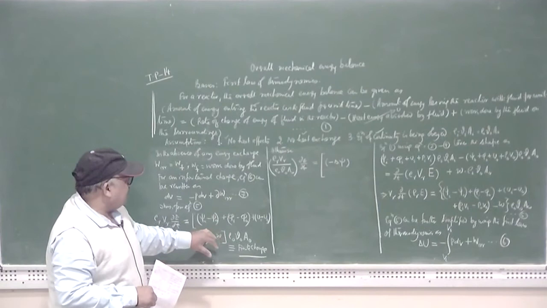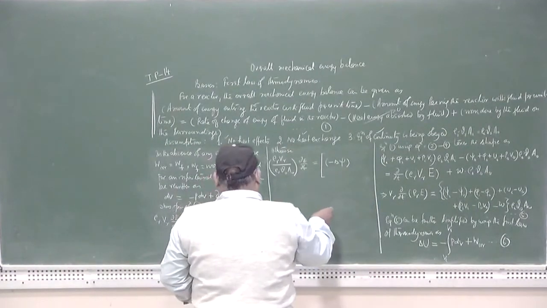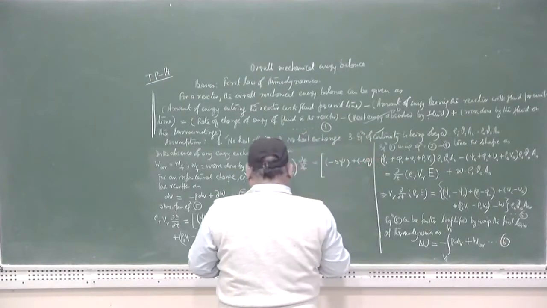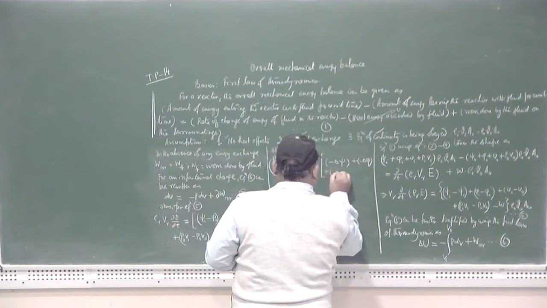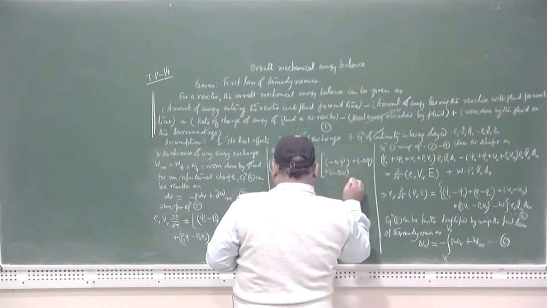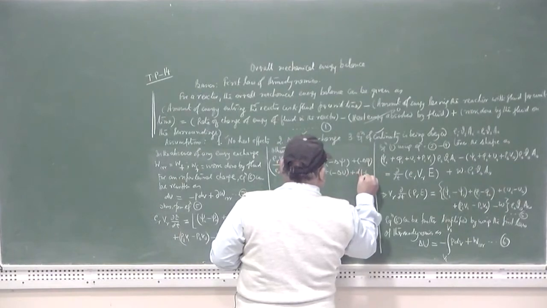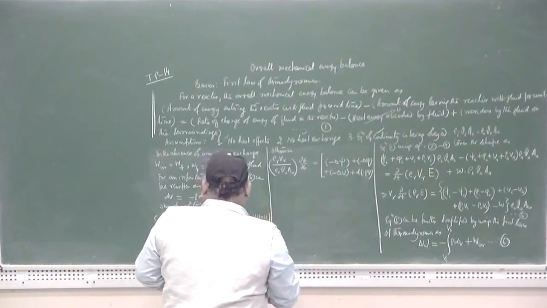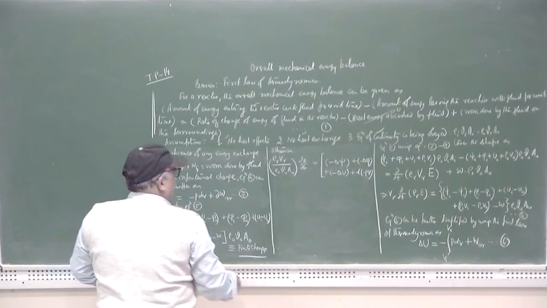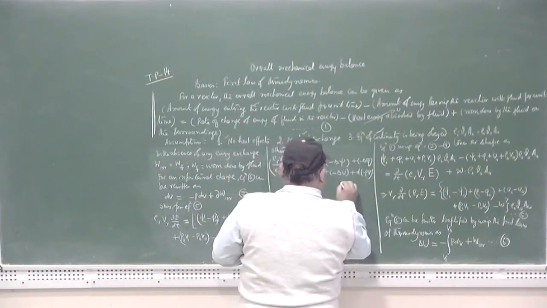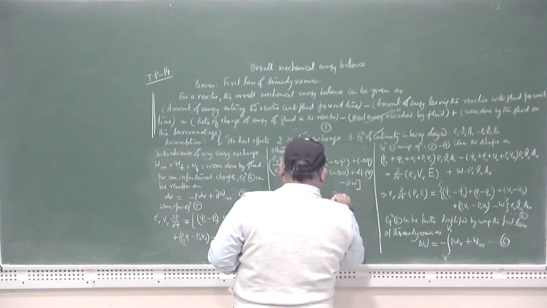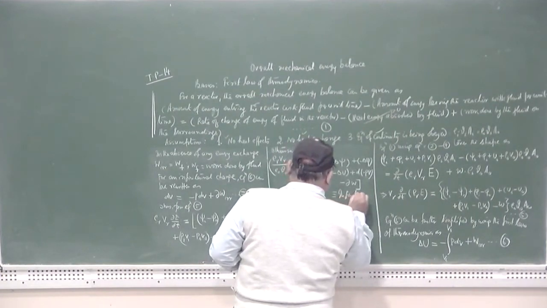So, psi I minus psi naught is equal to minus delta psi, minus delta phi, minus delta u, minus d of PV, minus delta W. This equation stands for infinitesimal change,